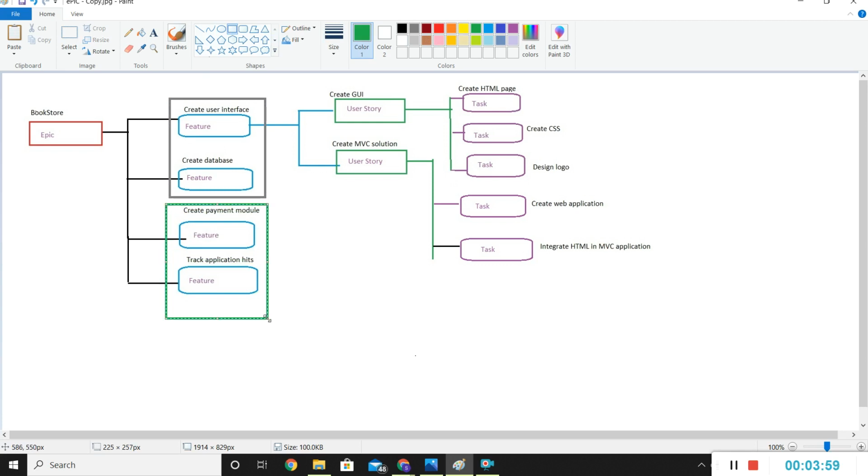We can make two releases, and again this release will deliver these two user stories. Again, if you see here in this user story there are three tasks and in the second user story there are two tasks. So what we can do,